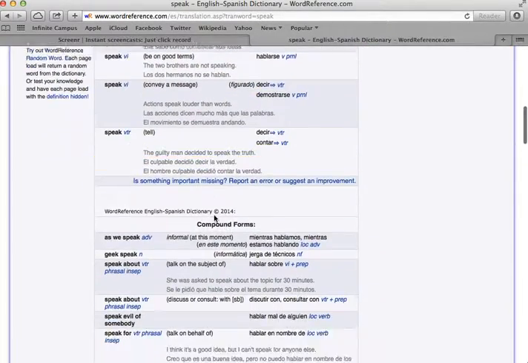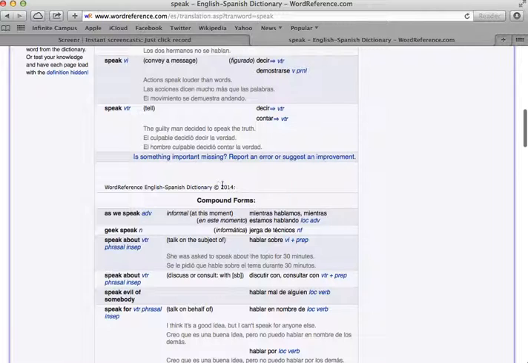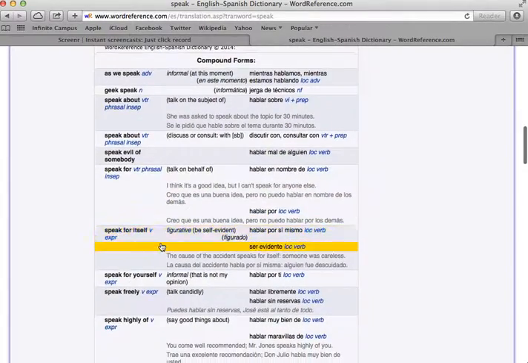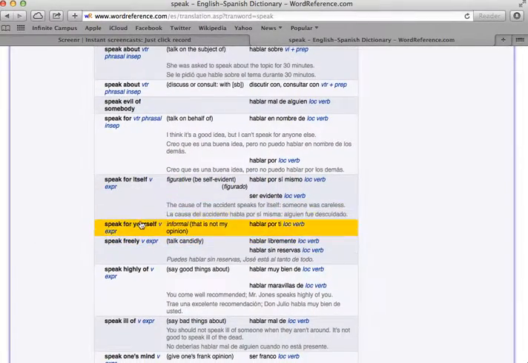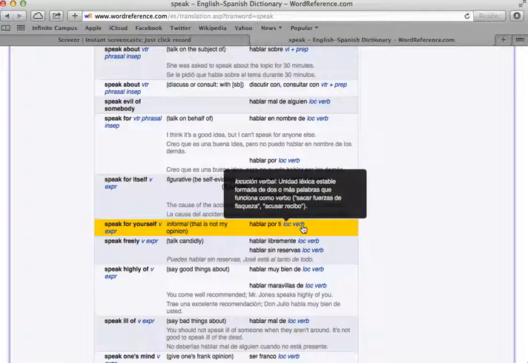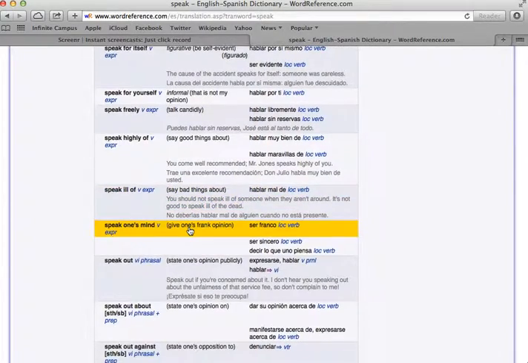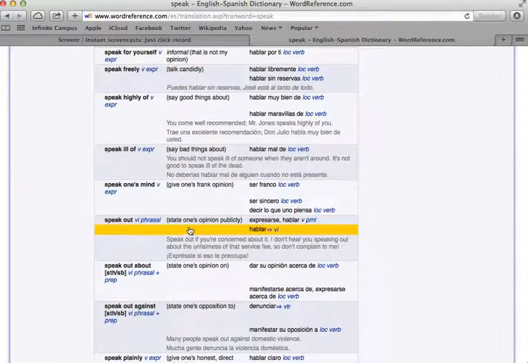If you keep scrolling down, you also see compound forms. And in the compound forms, they have common expressions using that word. For example, speak for yourself would be hablar por ti. Speak freely, hablar libremente. We can also see, and which is important for students to remember, that sometimes in English